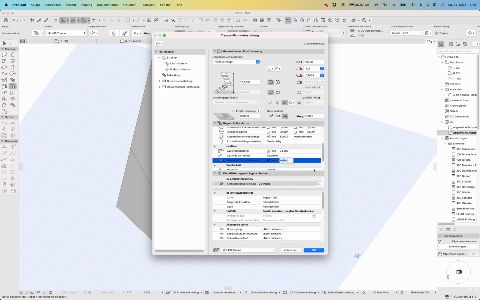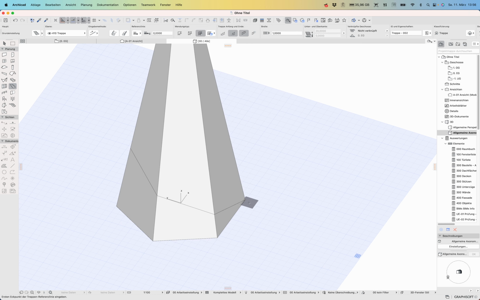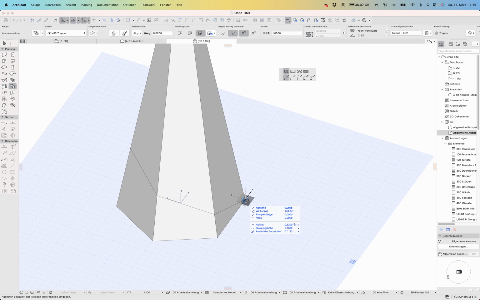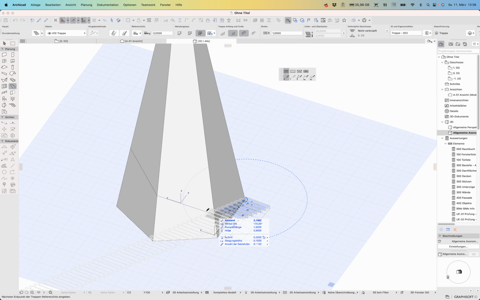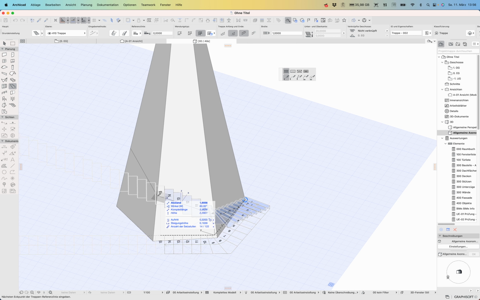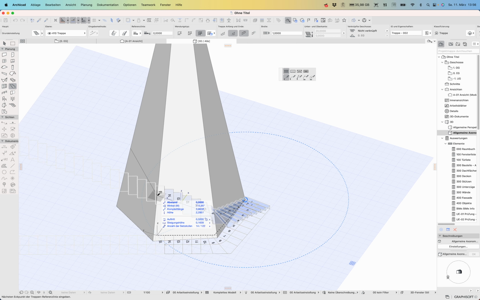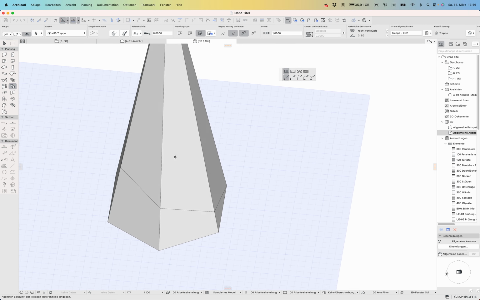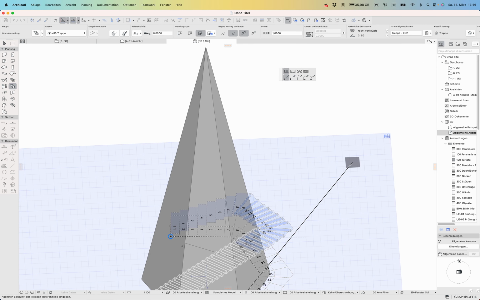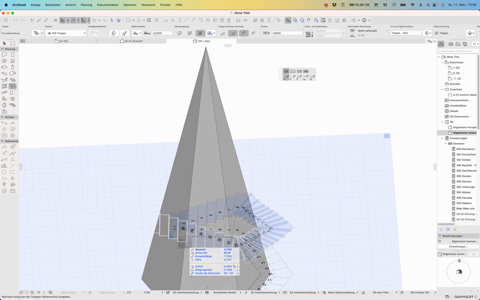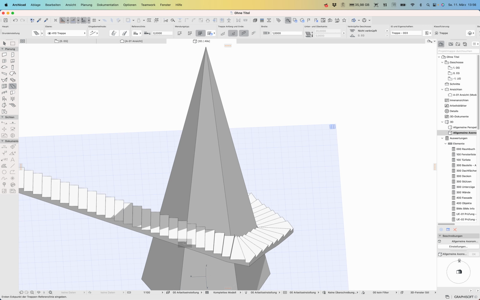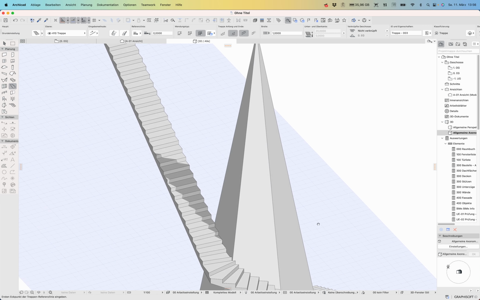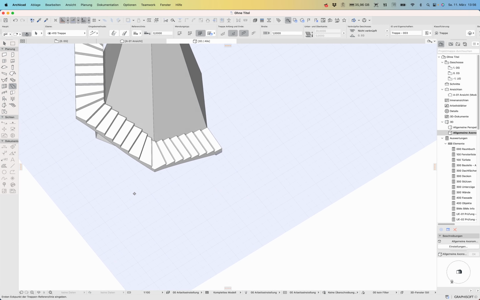Okay, 10 centimeters. So let's give it a try. If I start here, I take the next point, I take the next point, I take the next point, I take the next point, and so on. So it should turn,